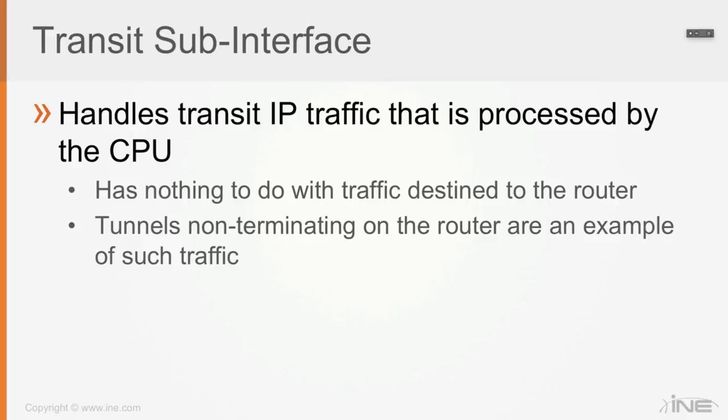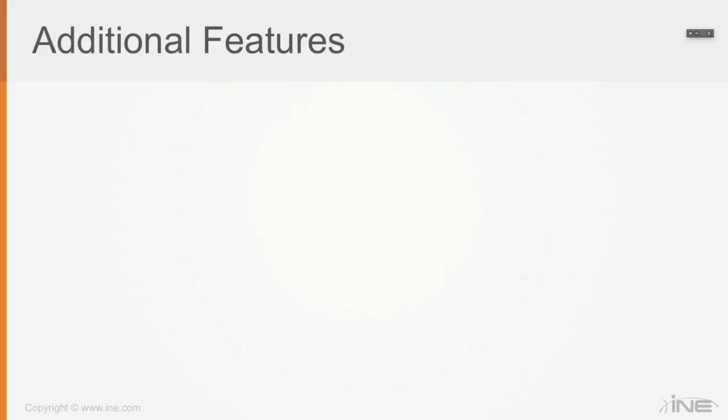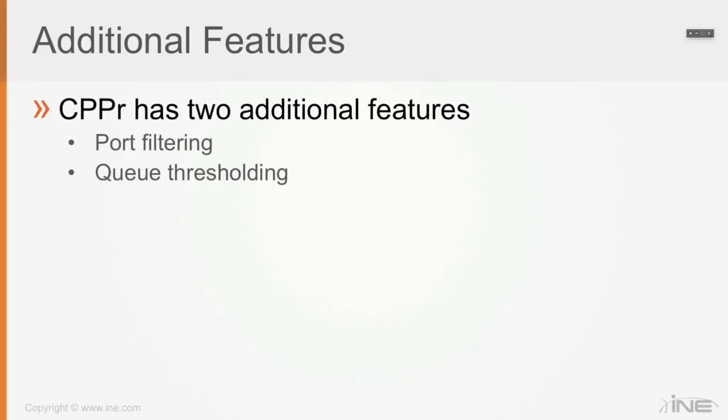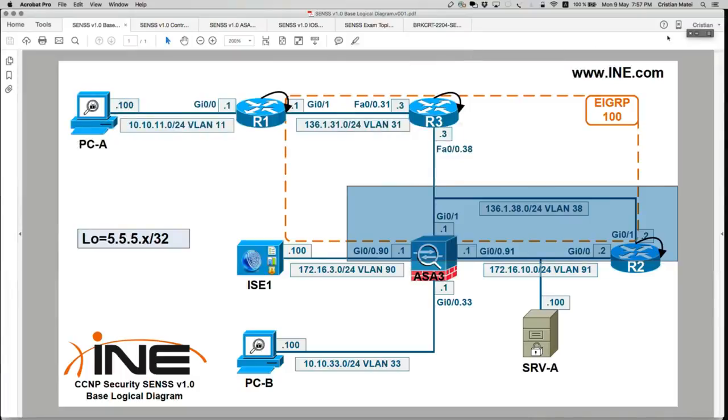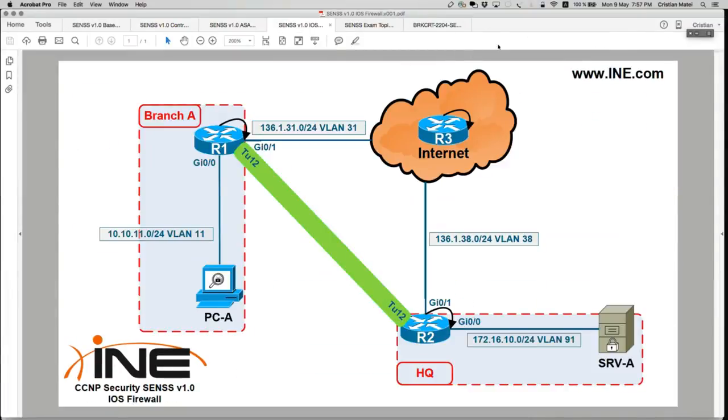Now, as I stated, control plane protection adds additional features to better protect the CPU of the router. It supports port filtering and queue thresholding. Now, port filtering is an early drop of packets directed to closed or non-listened ports of the router, which means before hitting the CPU. So what this means is that, as I stated before in the other example previously,